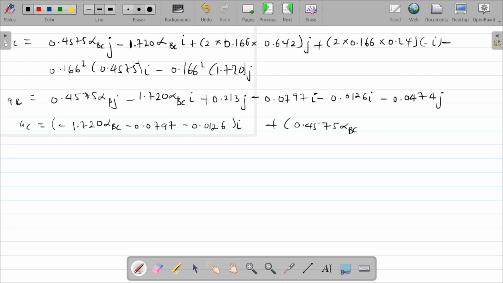and then the next J plus 0.213, the next J minus 0.0474 J. Alright, so AC will be minus 1.720 alpha BC minus